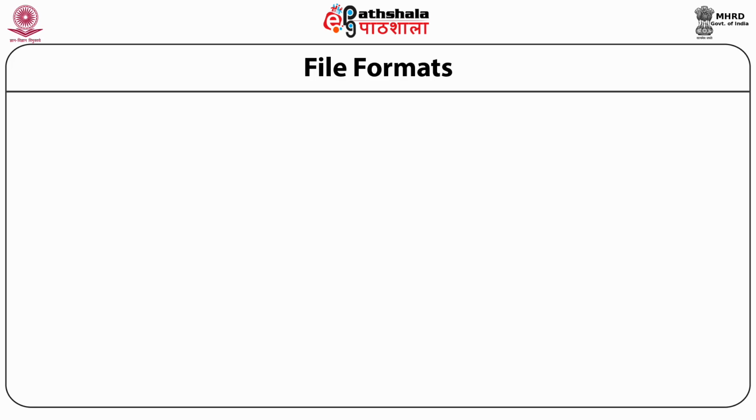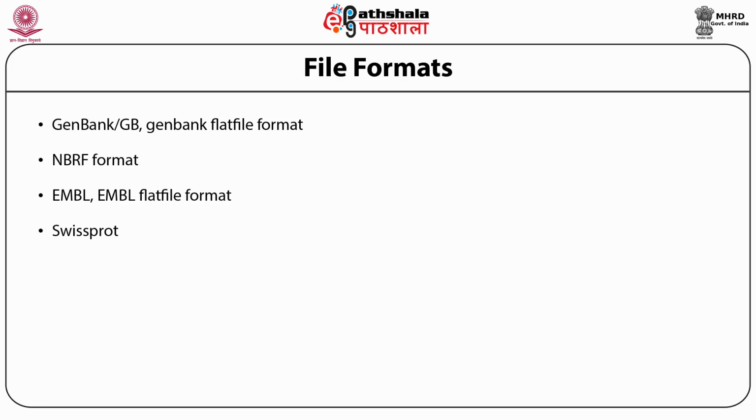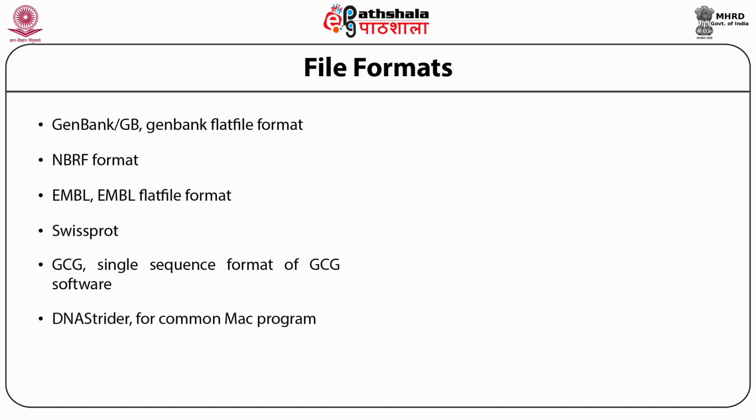Actually the sequences are simply the code of the 20 amino acids or the 4 nucleotides, but they should be presented in different file formats, and those formats are read by different types of software. That's why a large number of file formats are available, and each format has its own advantages and disadvantages, like the Genbank format, the NBRF format, EMBL format, Swissprot format, GCG format, that is the single sequence format of the GCG software, then DNA Strider, which is used for common Mac programs, Pearson or FASTA